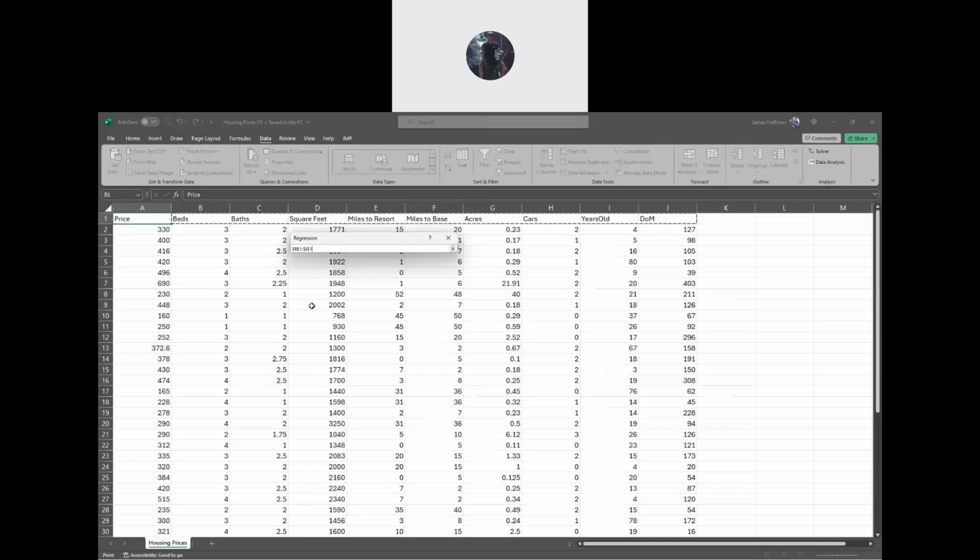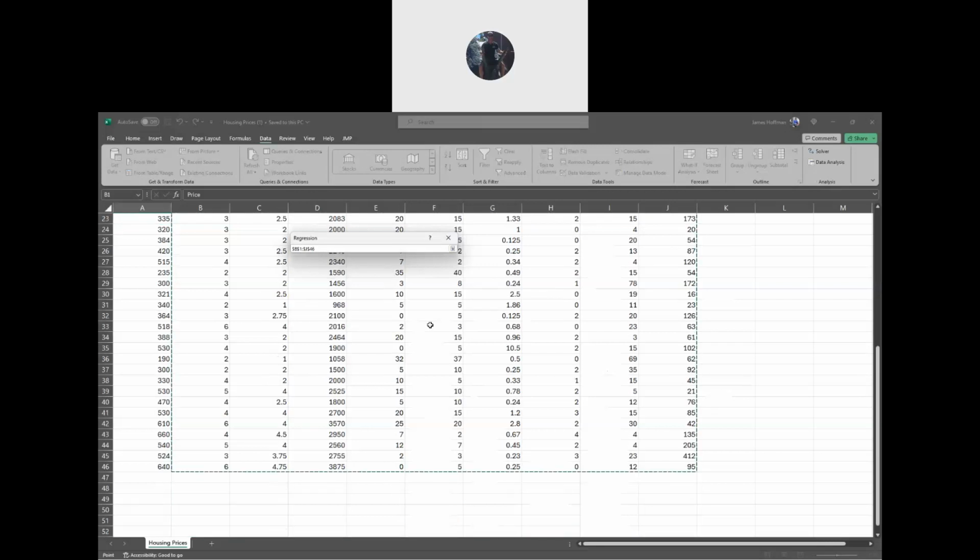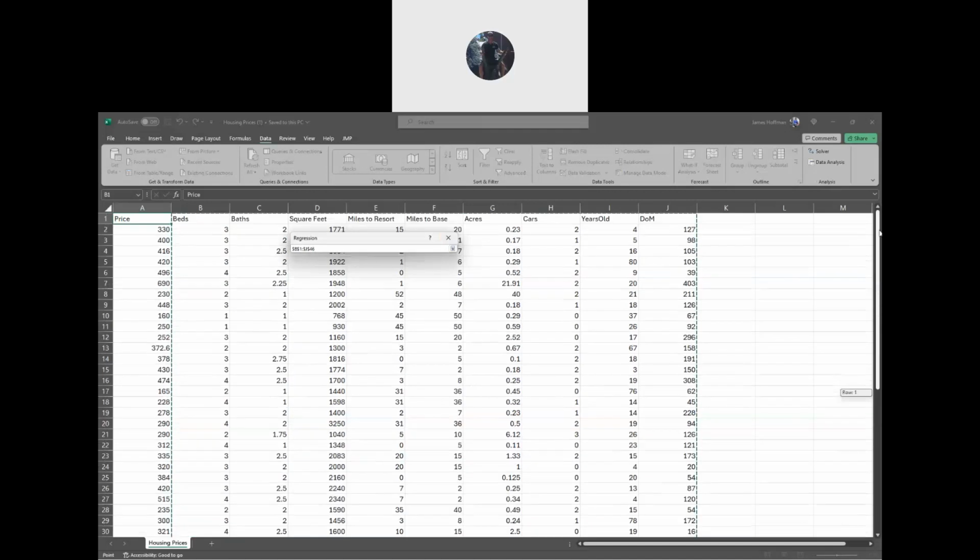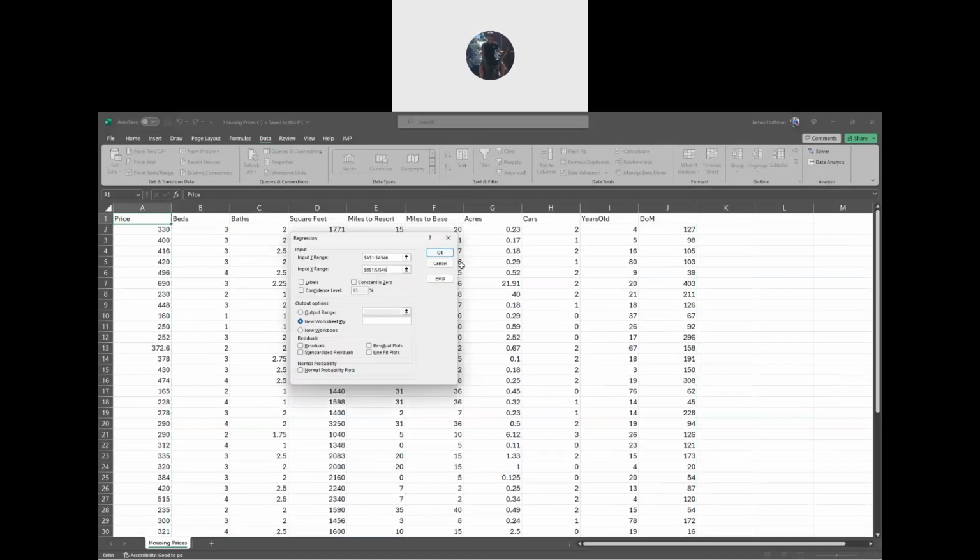And the shortcut is Shift Control down, but you want to select this whole range. So just to look at the ranges, the Y range is A1 to A46, and the X range is B1 to J46. So all of the other variables go into X. And then make sure you click on labels so you get a label of the coefficient. Okay. All right. So this should be similar. Let's hit OK,